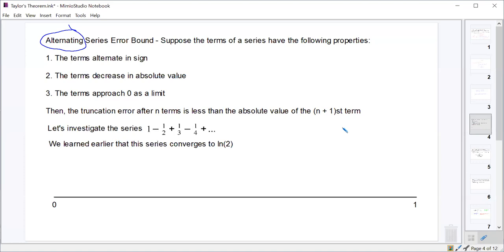We're not going to do a full proof of this, but we're going to at least investigate it with this series that we should know converges to the natural log of 2, because we proved that way back when. Everybody good so far? Ready to start seeing why this works? I hope. Okay. So first off, this series,